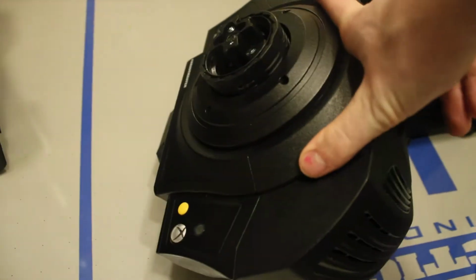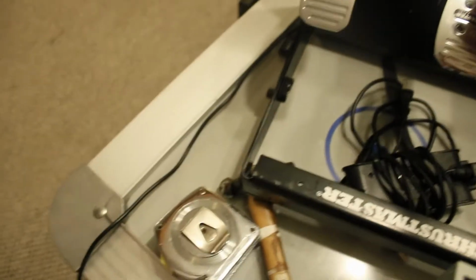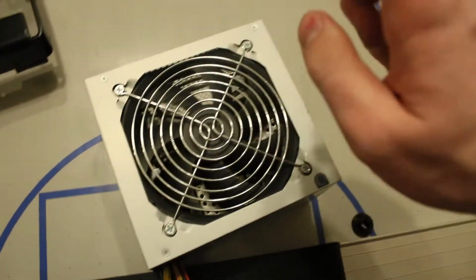Over here is my racing wheel. It's a Thrustmaster TX. Pretty cool. Over here are the pedals that I use for the setup. These are a pair of Thrustmaster T3PA Pros. Over here is the original OG power supply that my computer used to run on before I upgraded